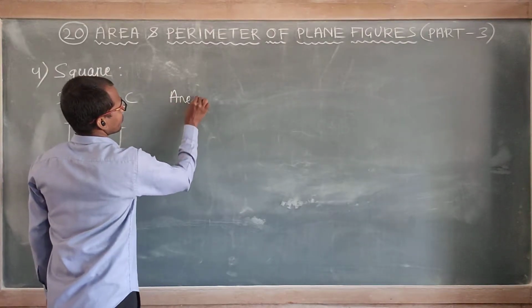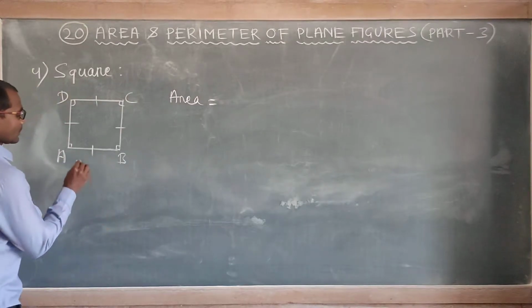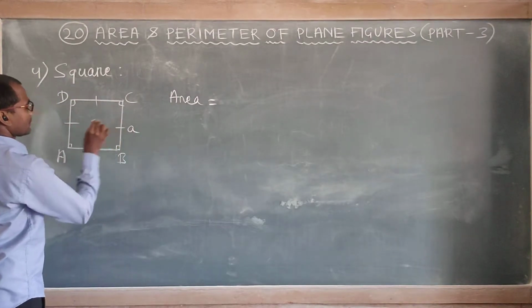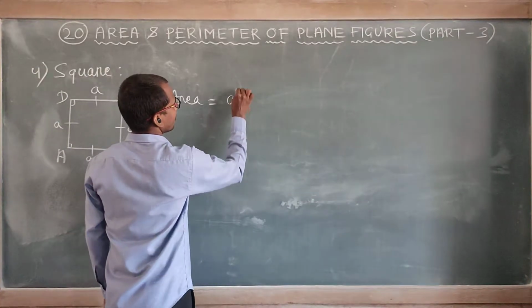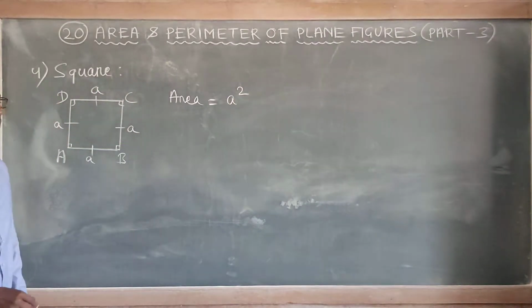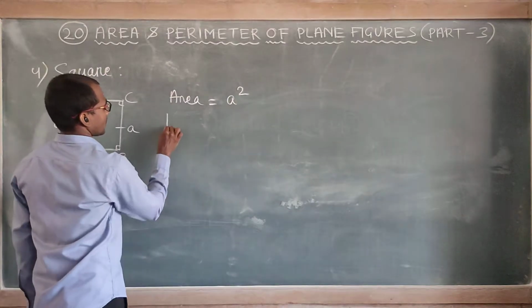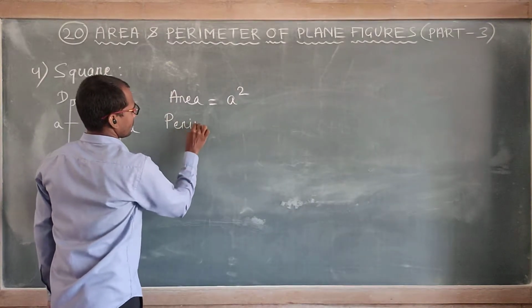Area is equal to, suppose each side is a, then area is equal to a square. Area is equal to a square. Then perimeter is equal to,